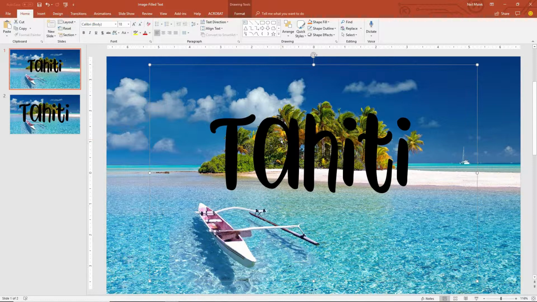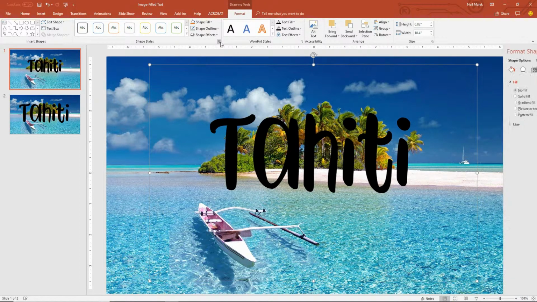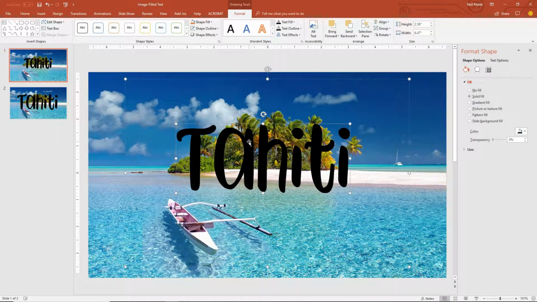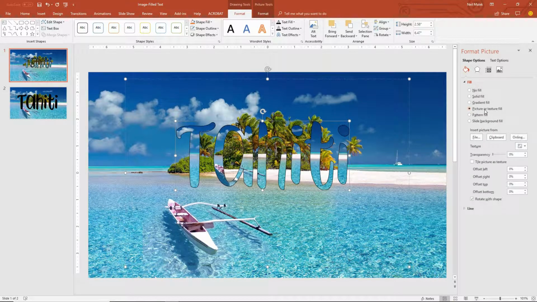Now here's the next stage in the process, and the easiest way to see this in action is to go up to your drawing tools, the Format tab up here at the top of the screen, and let's click this little pop-out button here for the styles so that we can see what's really going on with the text in this text box. All right, so this is the text in this text box. I have this group of elements right here I'm selected on. And right now it says I could fill this with a solid fill color, the black that you see right here, or I could fill it with a picture or text fill.